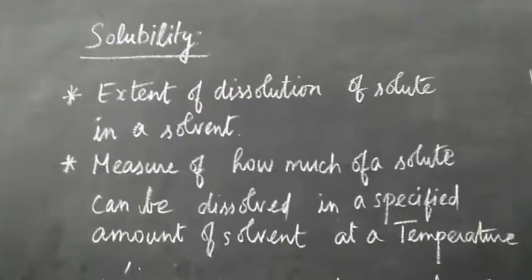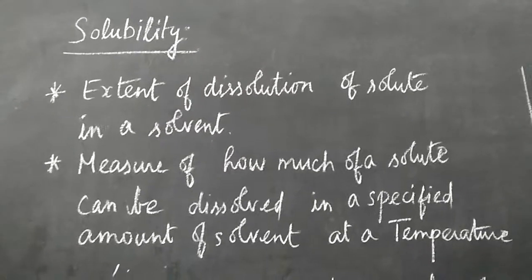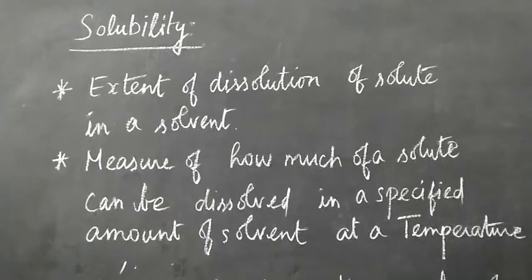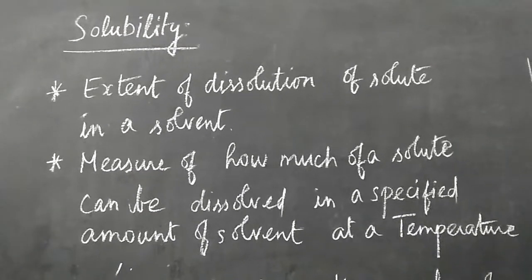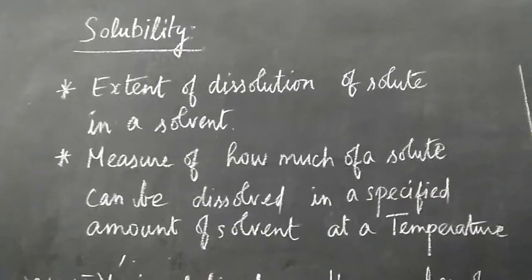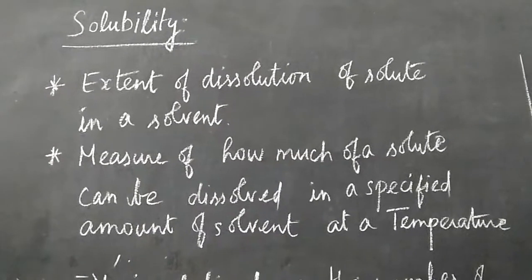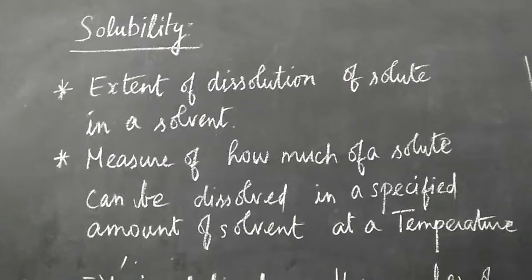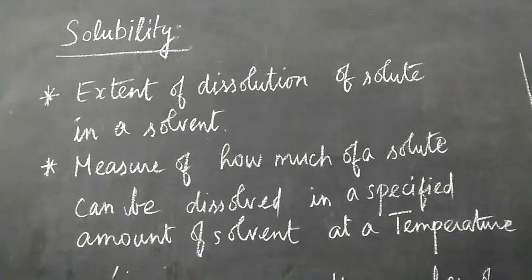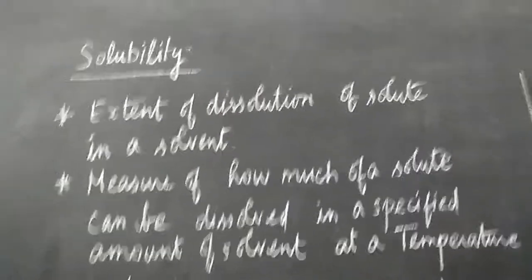So the solution obtained when you added a little sugar in water is an unsaturated solution, that is, it is able to dissolve more sugar. The solution obtained with the maximum soluble quantity of the solute, the sugar, is a saturated solution. That quantity of sugar which can be dissolved up to a maximum extent by a specified quantity of a solvent is called its solubility.